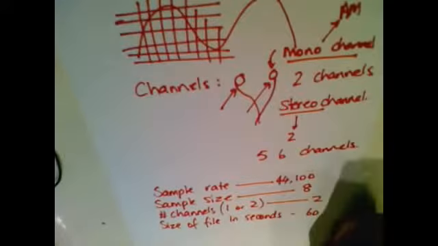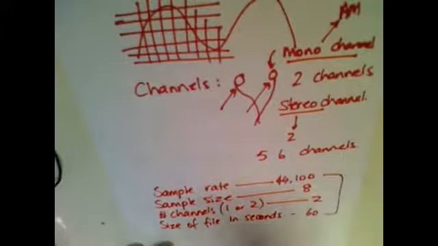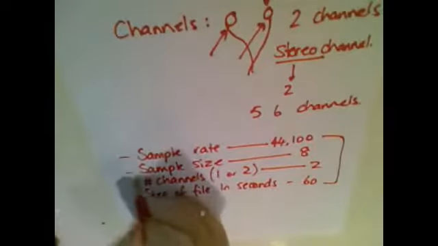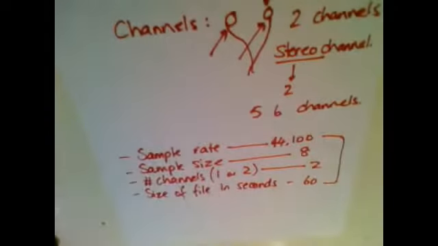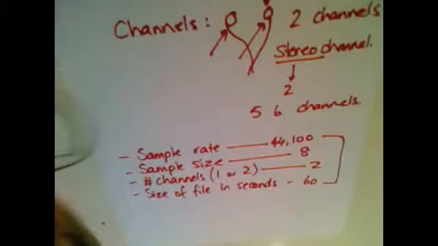Now basically all you need to do in order to get the file size is multiply all those numbers together. So as long as you can remember the factors that affect, so there's 4 factors that affect the file size, and all you have to remember is the fact that you have to then calculate all those by multiplying them all out. So I'm going to use my calculator again,